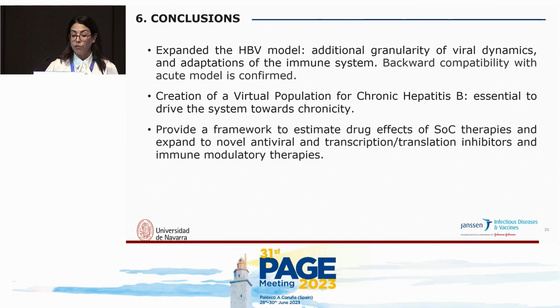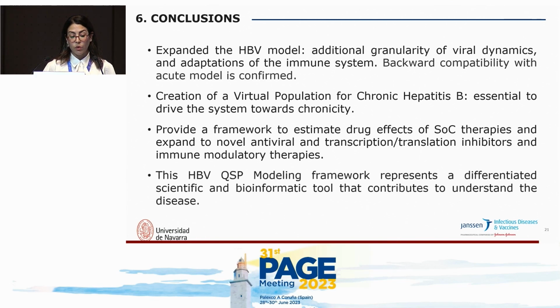We provide a framework here to estimate drug effects of the standard of care therapies, but also other therapeutic agents, as well as immune modulatory therapies. So this HBV QSP modeling framework represents a differentiated scientific and bioinformatic tool that contributes to the understanding of the